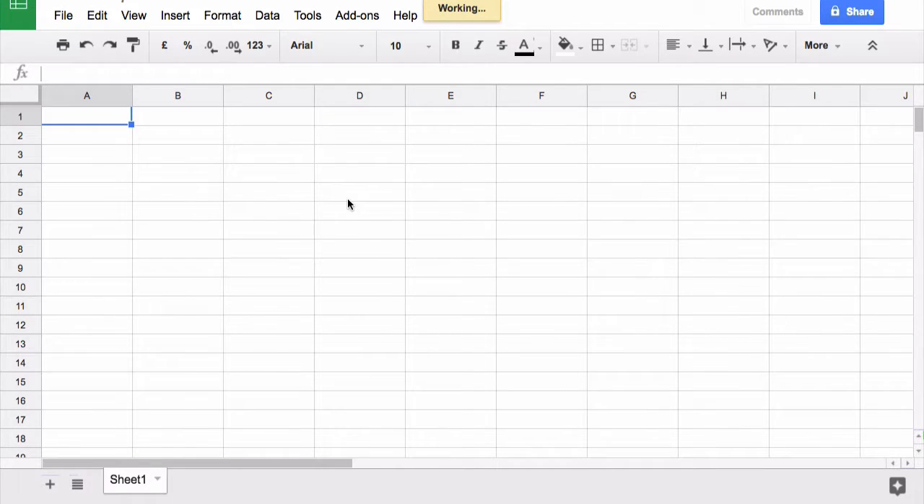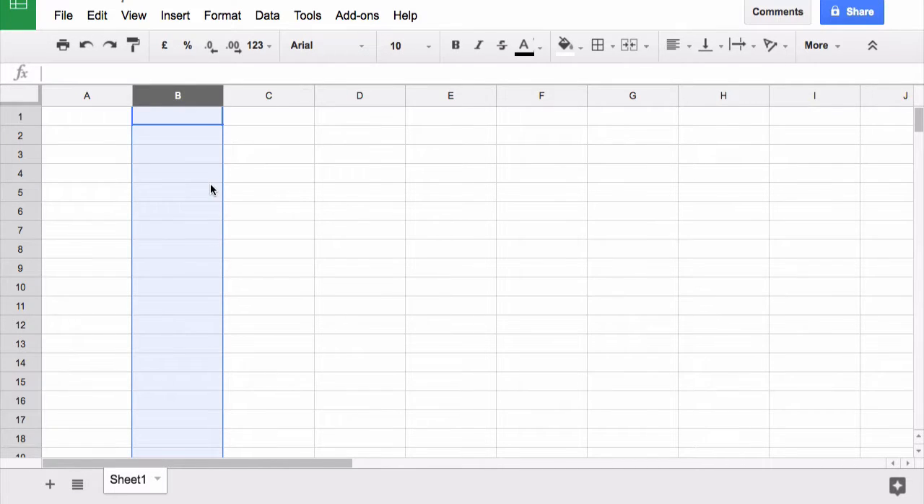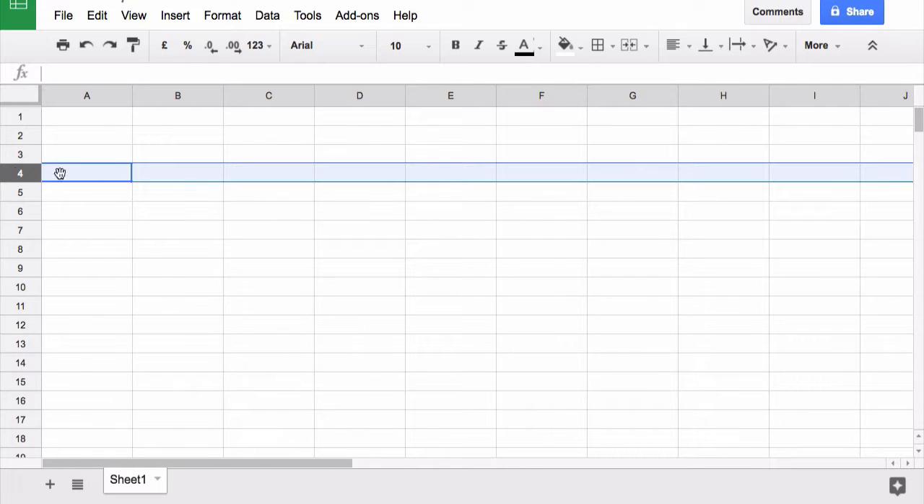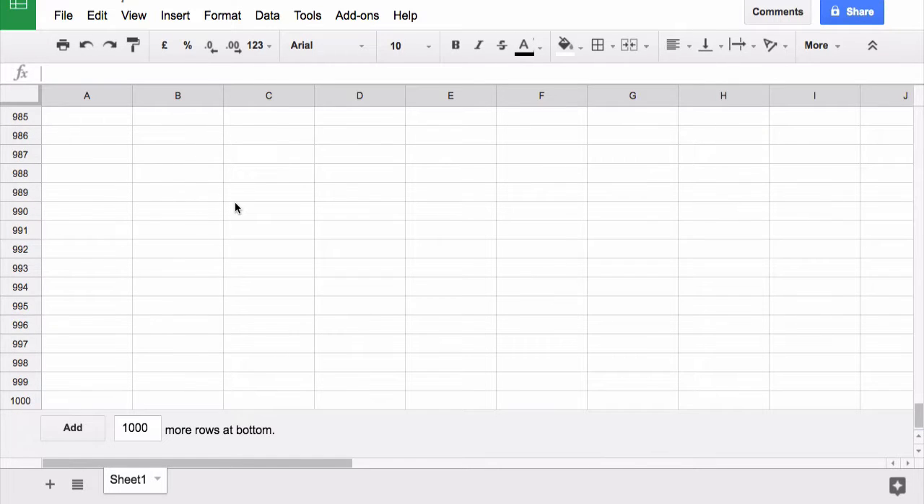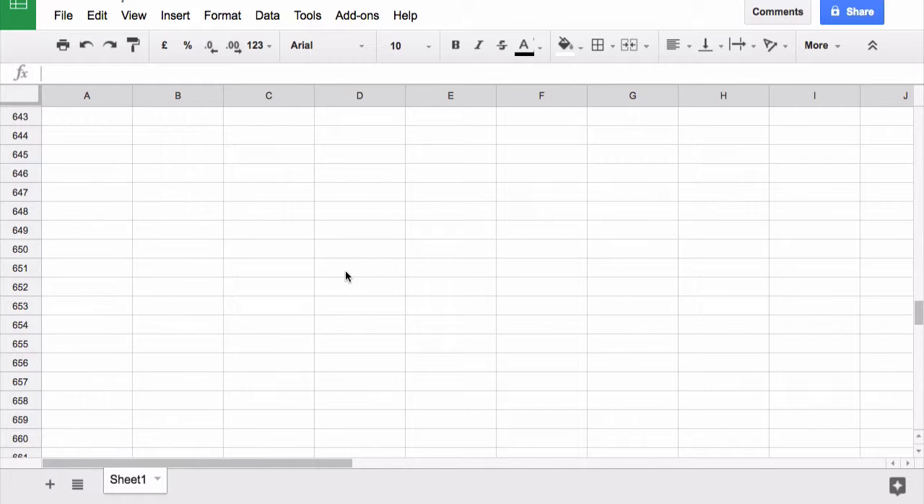Before going any further into spreadsheets, we have to look at columns and rows. Columns are where the letters are, so A, B, C, and so on, and rows are where the numbers are. If we want to highlight a letter, it will highlight the whole column, and the same goes for the numbers. If we were to go all the way down to the bottom of this spreadsheet, you can see that it goes down to 1,000, but if you do eventually want to add more, you can add another 1,000 rows at the bottom. But let's go all the way back up to the top